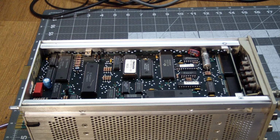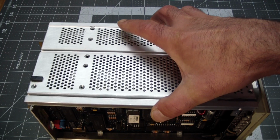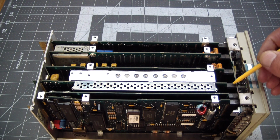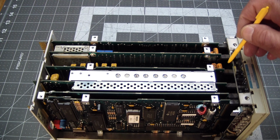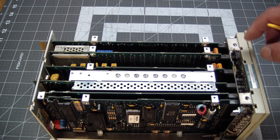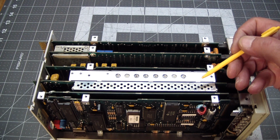But that's not all. Here's the top of the module. And feast your eyes on this. There are 1, 2, 3, 4, 5, 6 PCBs in here. Basically, this is like a backplane over here that they all plug into, and the front panel also plugs into. And yeah, it's